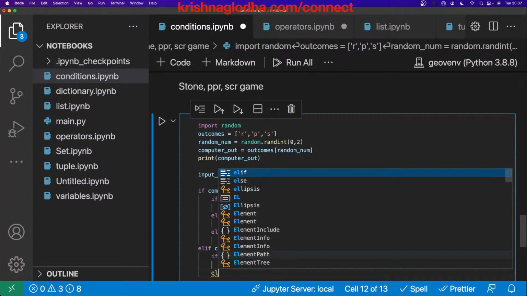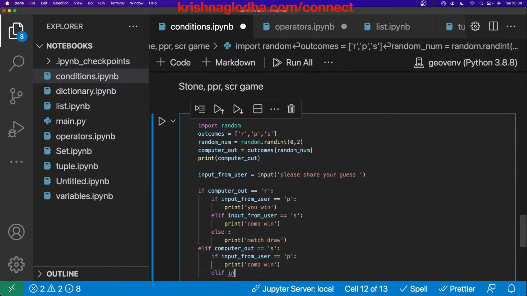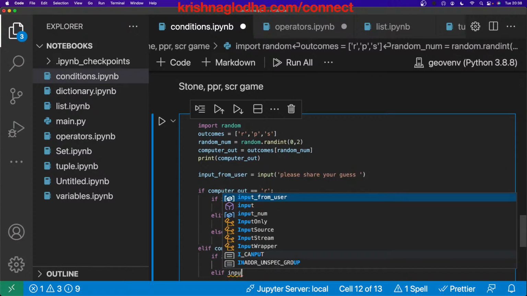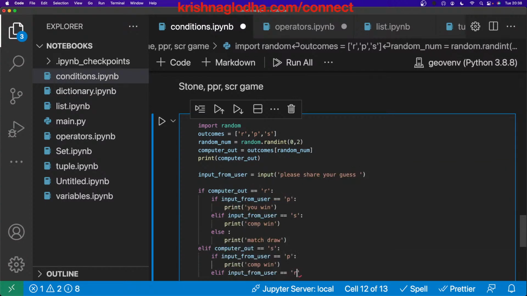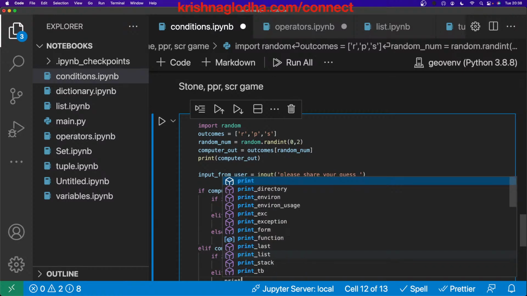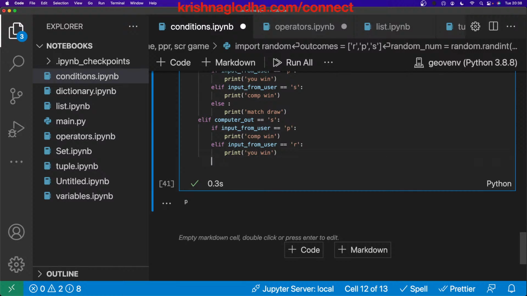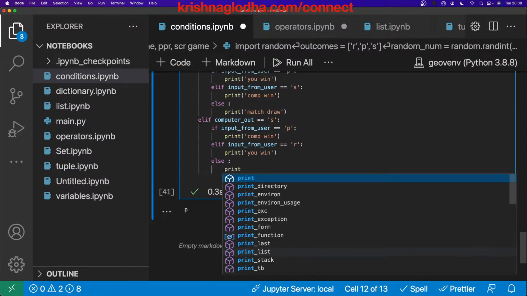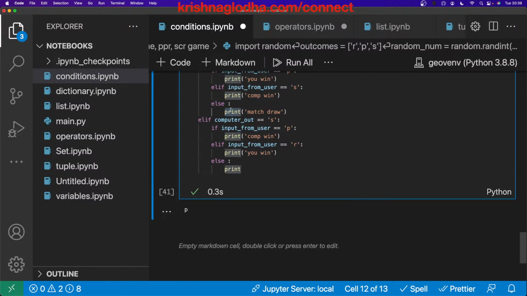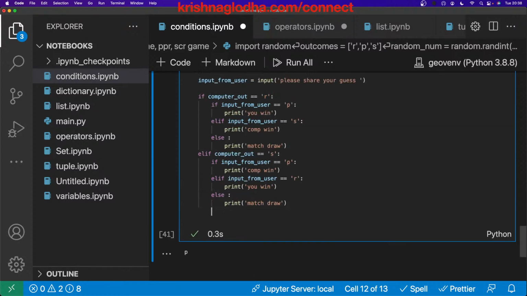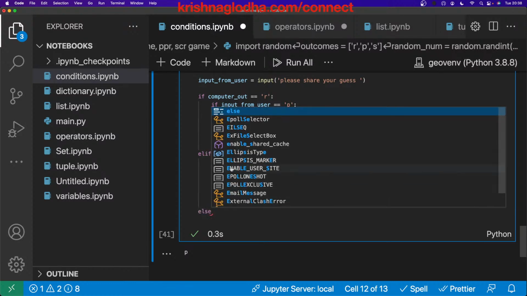But now here elif input from user is rock, then rock will win. That means the user will win. User win or you win. And finally, if both of the contestants are showing scissors, then it will be draw, right? And finally we will have an else block, because there is no need of one more elif,